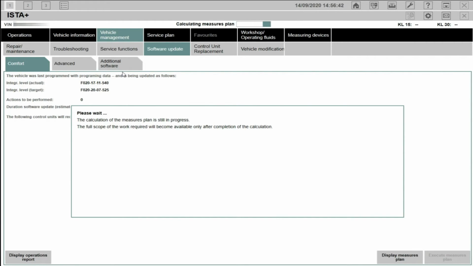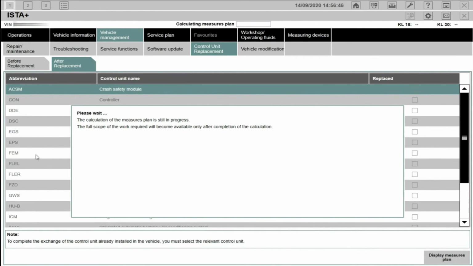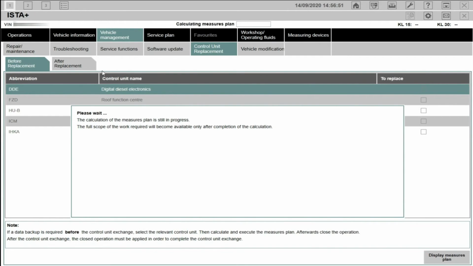I'm just going to wait for this to finish, and then, again, same with the control unit replacement. If you replace a control unit, there are before and after replacement options here, you need to just follow the instructions, and then ISTA is going to guide you along the way. In general,